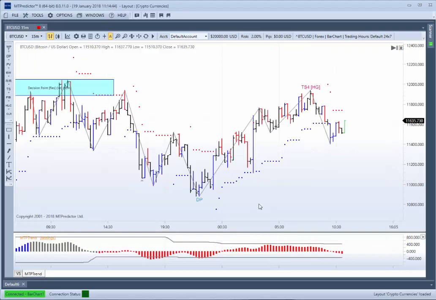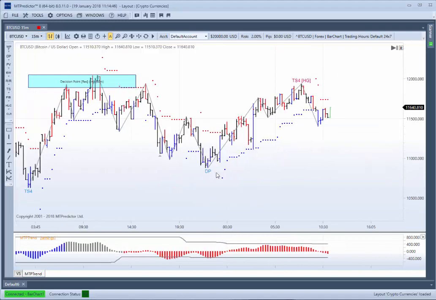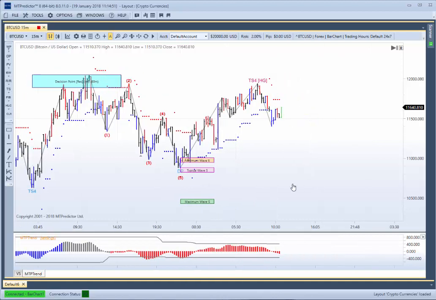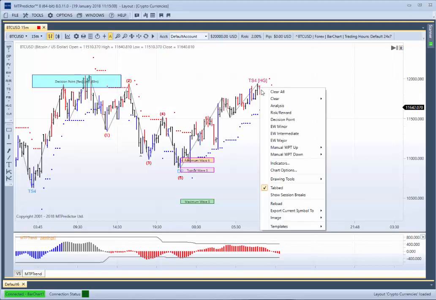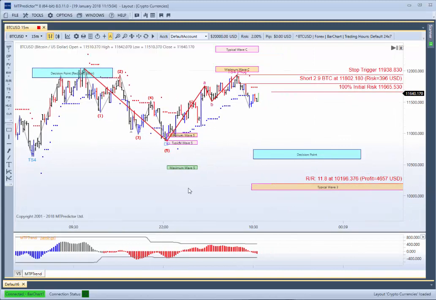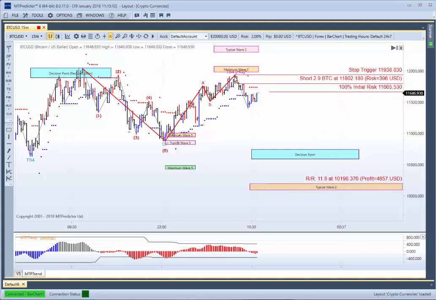So now when we go down to the 15-minute chart, there was our 5-wave sequence going down there. Do you remember that? What's very interesting now is we've actually got a Holy Grail sell setup here. Our MTP trend is red on this 15-minute time frame. So if we right mouse click and do the analysis here, it'll be very interesting to see whether Bitcoin does indeed decline now into the 101 area here, down from 118, to see whether this is a Holy Grail